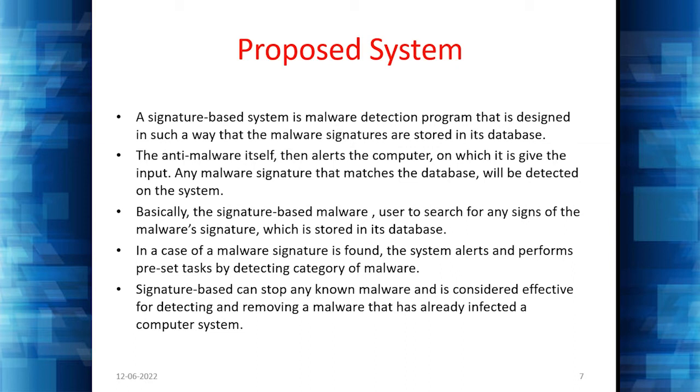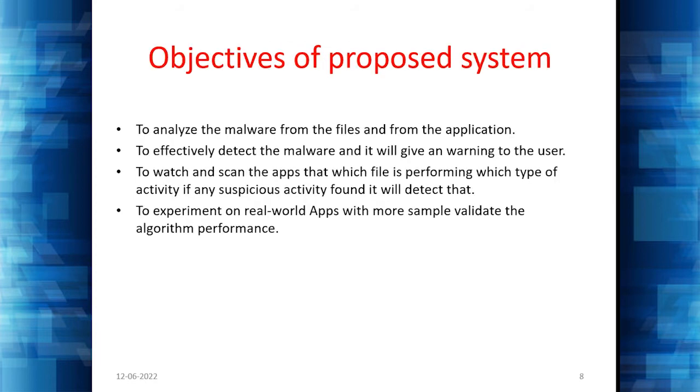Once the signature is found, it will alert the user and perform the preset task, detecting the category and the severity of it, and showing it to the user. The signature can stop any malware considered effective for detecting and removing malware that has already infected a computer system. The objective of the system is to analyze malware from files and applications,